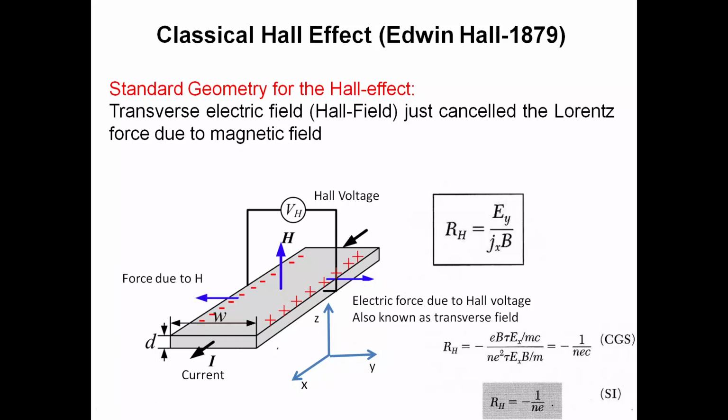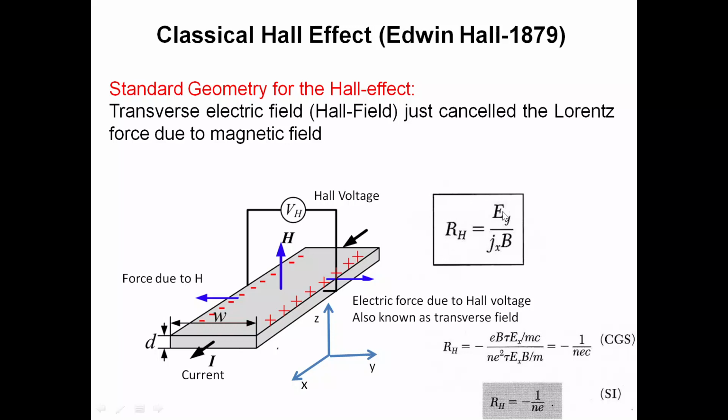So as the accumulation of charges increases, the Hall voltage increases, and after a certain time there is a steady state when these two forces become equal, and then there is no more change in the Hall voltage. So this voltage is known as the Hall voltage. Okay, and this effect is known as the Hall effect, and we can measure the Hall coefficient, which is nothing but